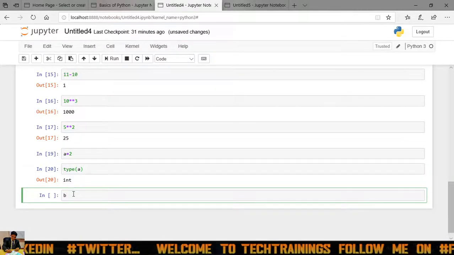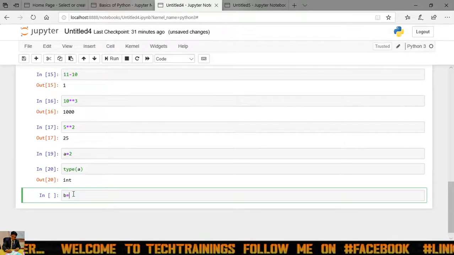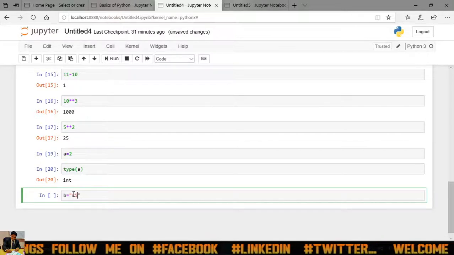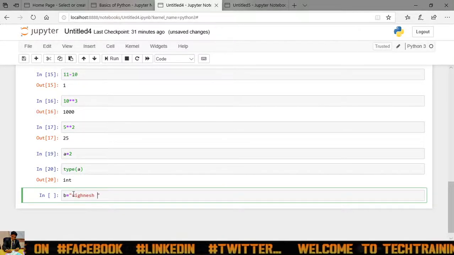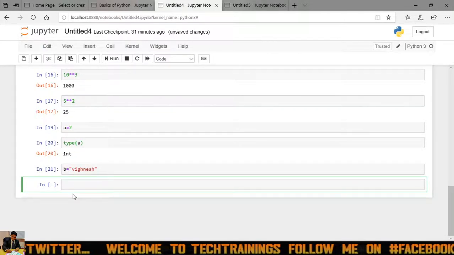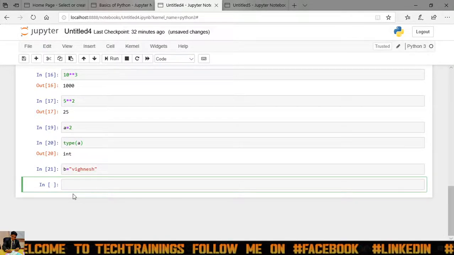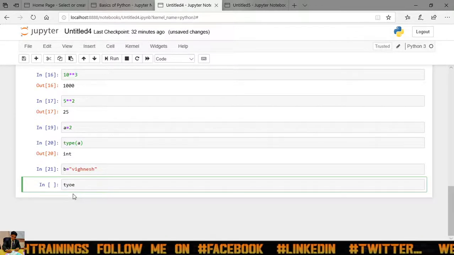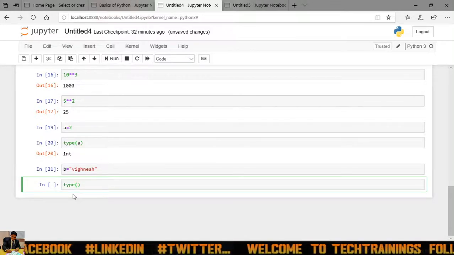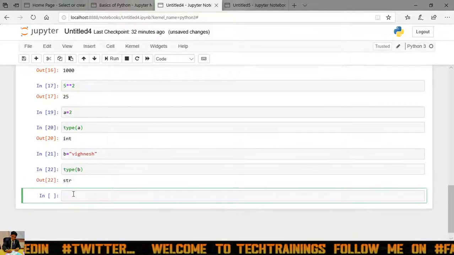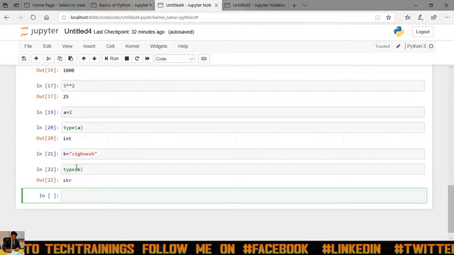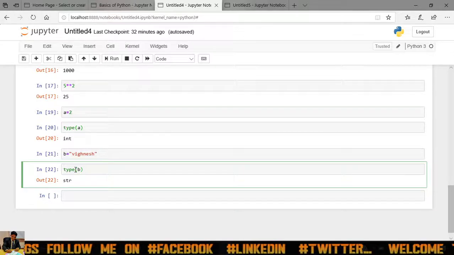Now I will do b equals something like Vignesh myself, a string. Suppose I want to know the data type of b. Same command, type, then b, and execute. It will give me the string format. So like this you can identify the data type of a variable.